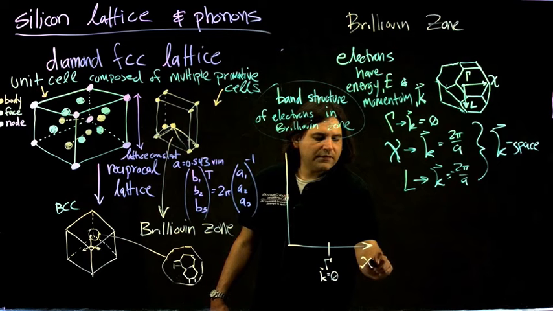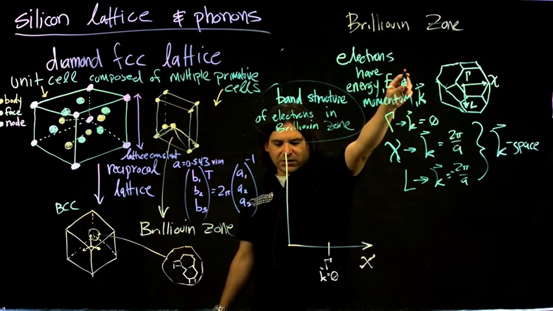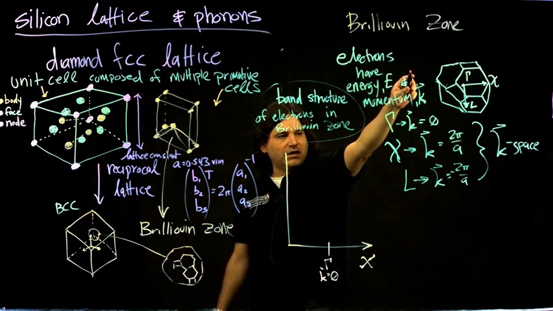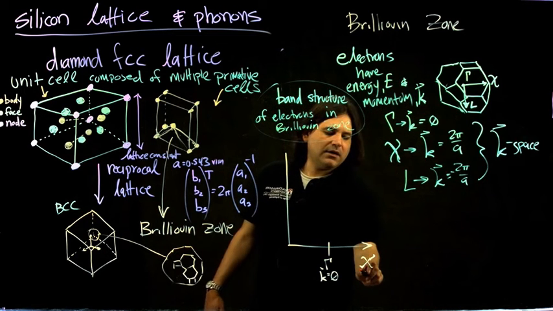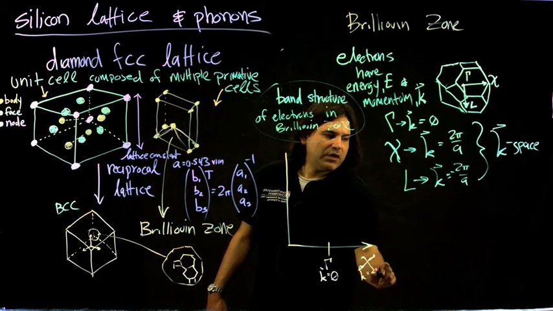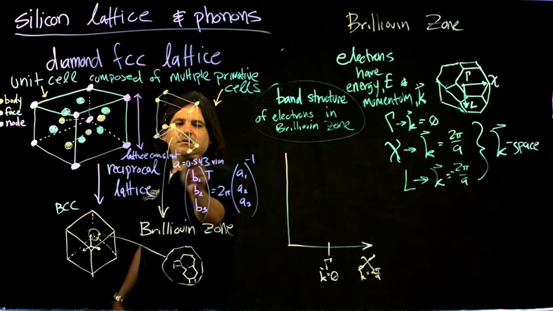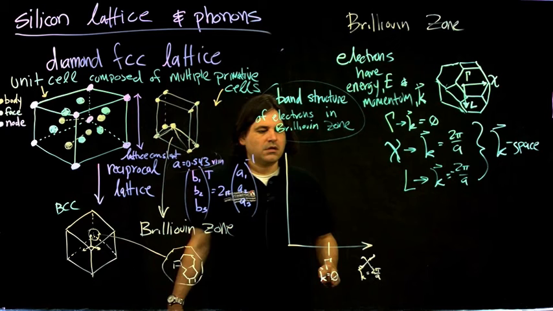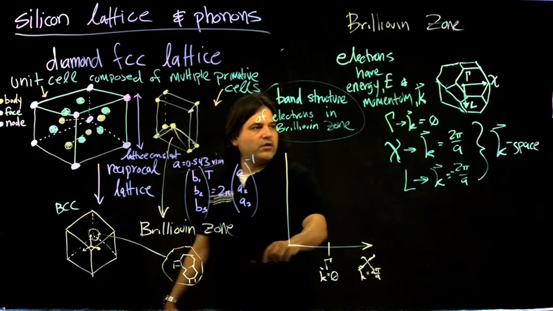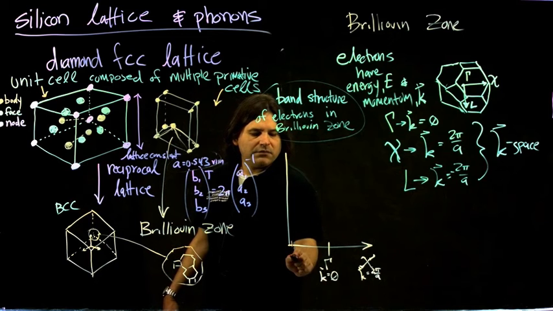Then if you reach chi, your momentum increases to 2 pi over a, where a is your lattice constant. Then if you go in the other direction towards L, your momentum